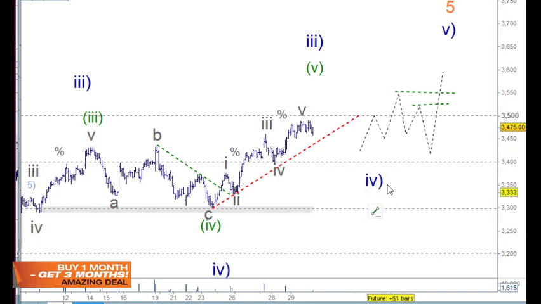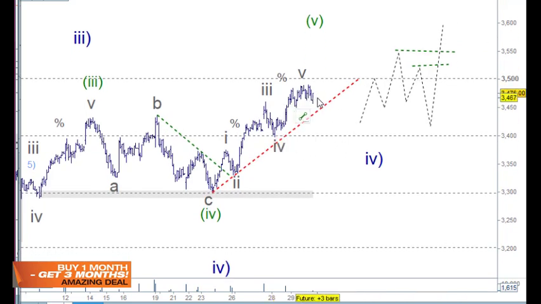we don't want to get trapped in this blue wave 4, because if this is blue wave 4, it's going to come back and check the wave 4 of one previous level. So that's kind of a bit of a waste to lose. It's not a lot we've got there, but it's a bit. So I'll just leave that red line in there for the time being, and let's just see if we get